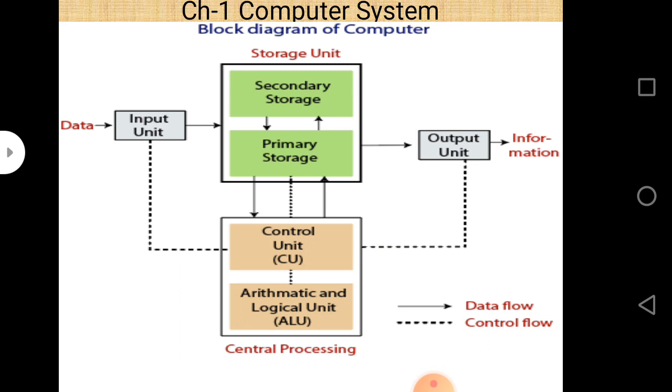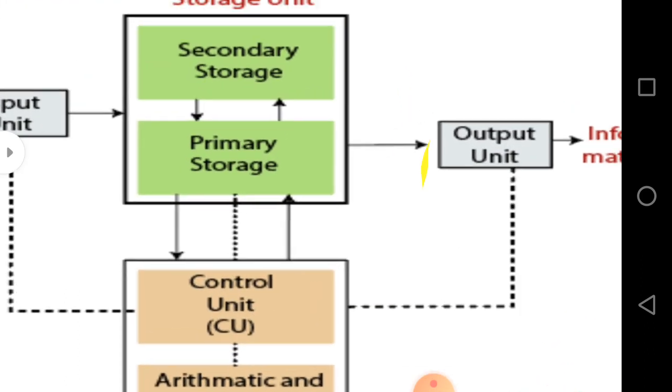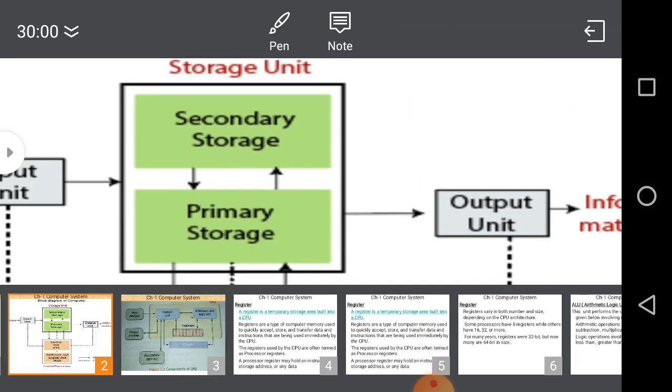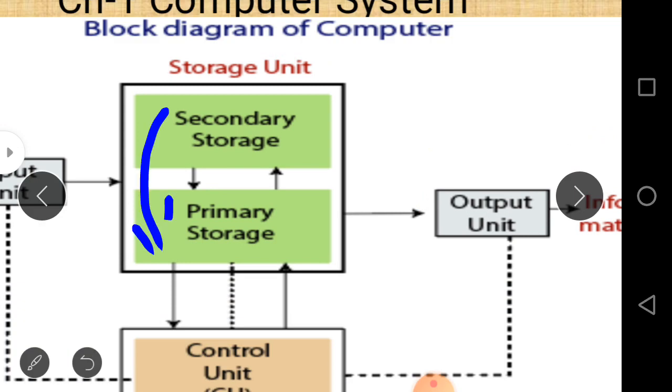This is the block diagram, and you can easily see that the data goes from secondary to primary first, and only that data which will be required by the computer system, by the CPU. So suppose you want to play a video song that is already saved in our secondary storage. Just double click on it. That means you want to play this song. After that operation, this data goes from secondary storage to primary storage, and the work of primary storage is to send this data to the CPU.